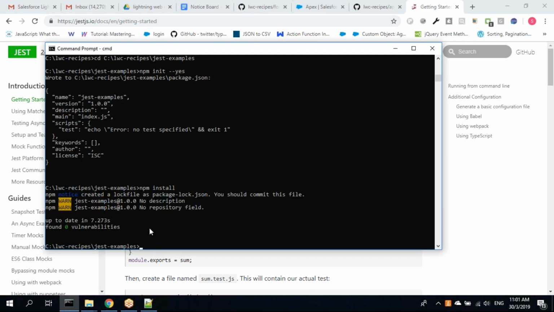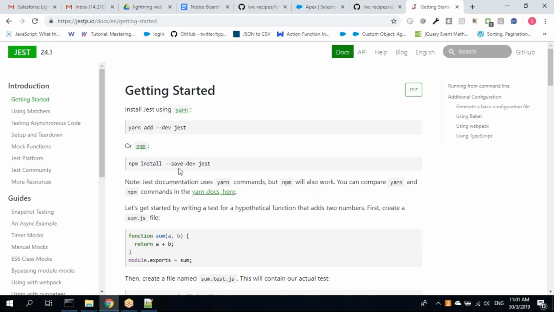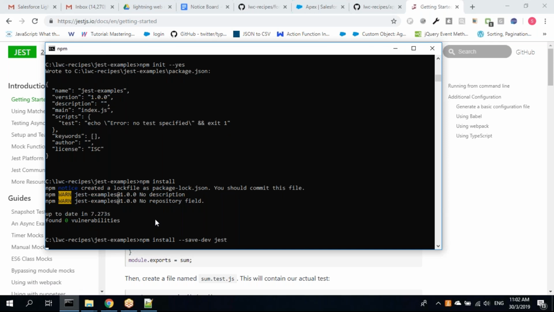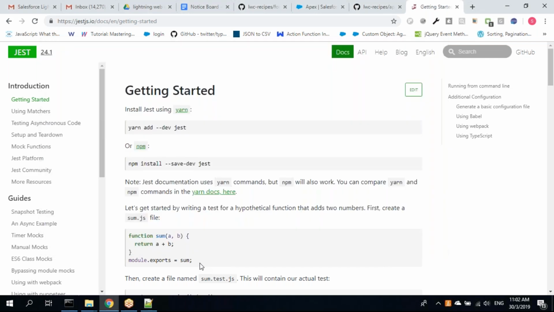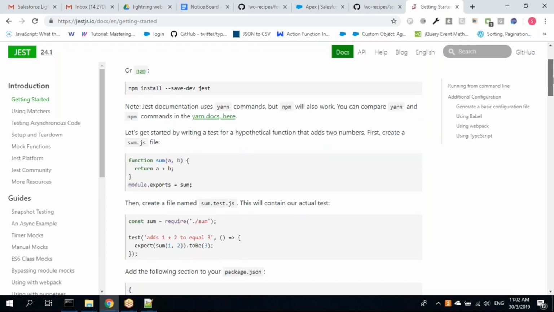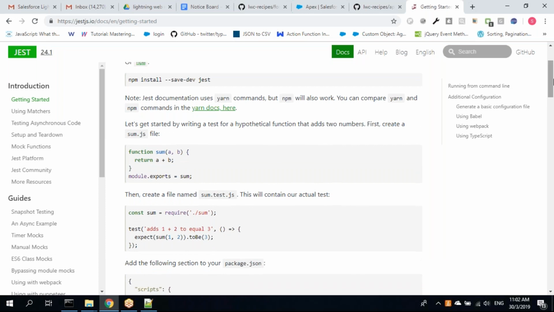So run this command: left click, copy, left click, hit enter. So yeah, it will download and install everything. Currently we are just in the examples folder. Then, after installation,